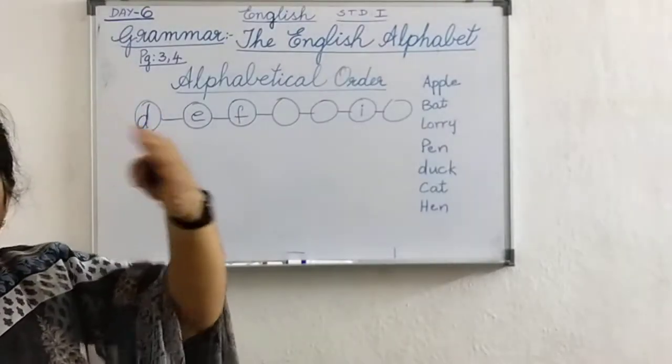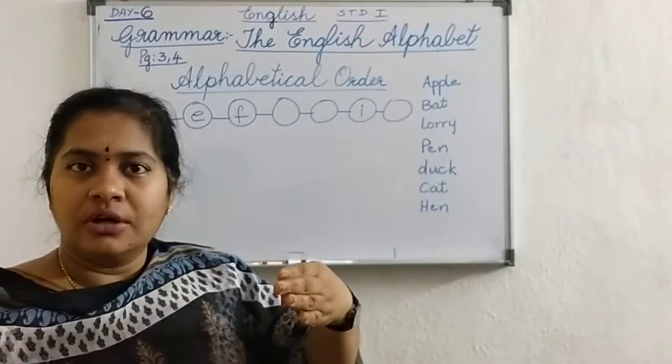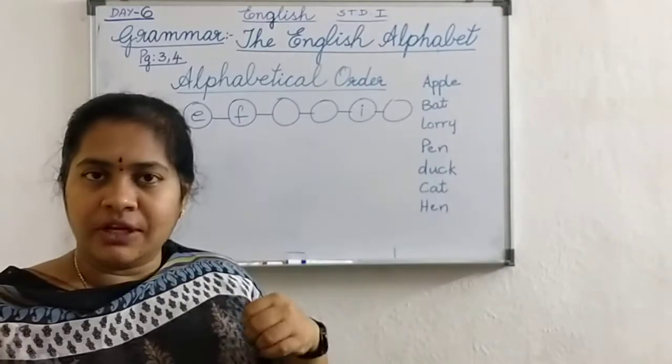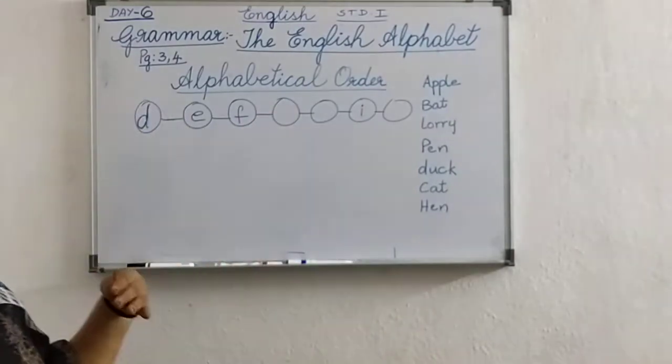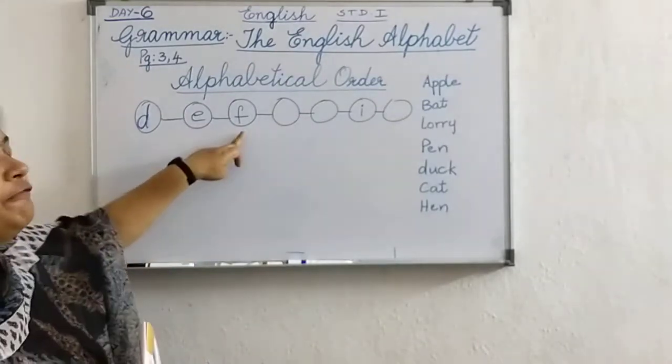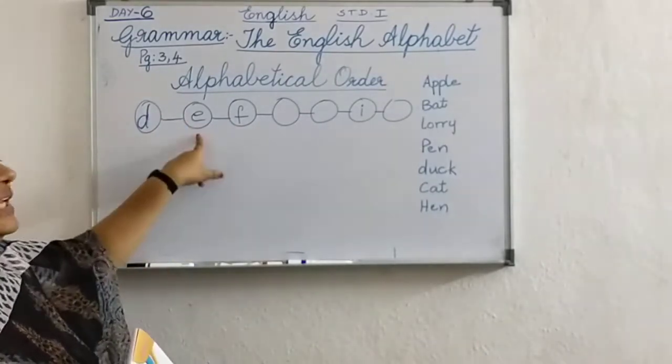1 after 2, 2 after 3, 3 after 4. Yes, 3 comes before 4, 2 comes before 4. Like that only, A, B, C, D also come in an order. Understood? So, F after D, E, F,